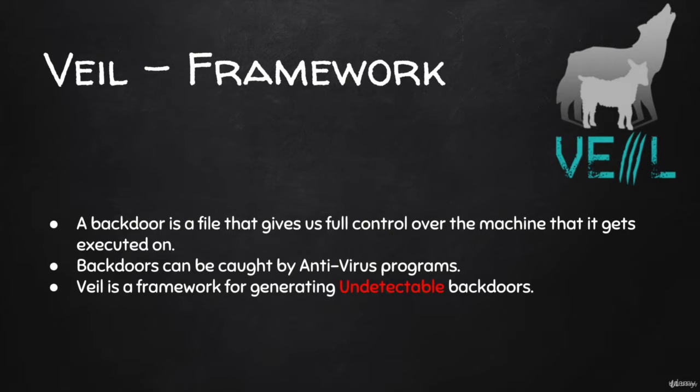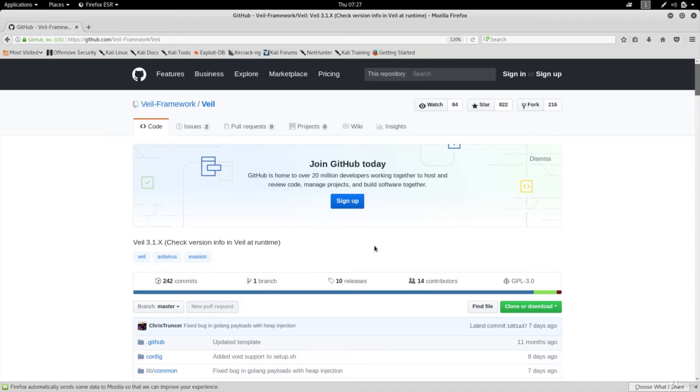Now, this is not very hard to achieve, as you'll see, and we're going to do this using a tool called Veil Framework. I already have Veil's project page open here. I'm going to include its link in the resources of this lecture on the top left. If you're not familiar with Git, this is a version control system that allows programmers to host, share, and update their programs. So, to download something from GitHub, all you have to do is click on the green button